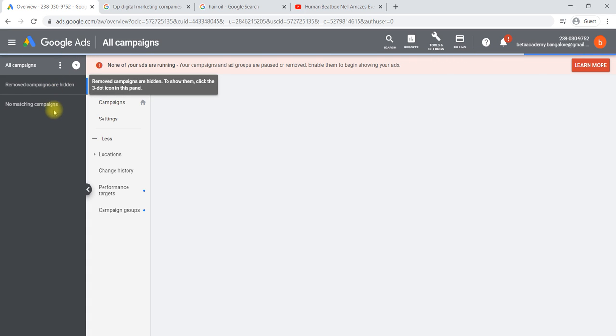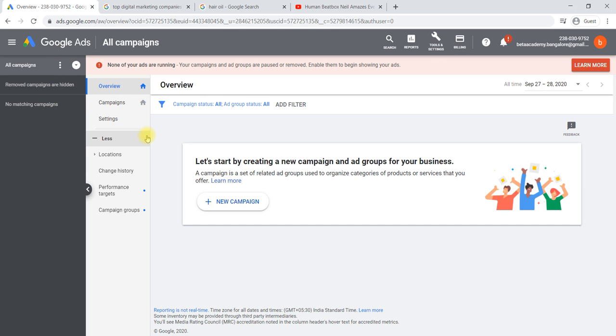You haven't created any campaigns till now. We will start with creating a campaign. A campaign is nothing but creating ads, for which category of ads, the entire thing. For example, you are running a hair oil campaign, or your target audience, everything you have set in a campaign. Within a campaign you can create more than two ads, three ads also.